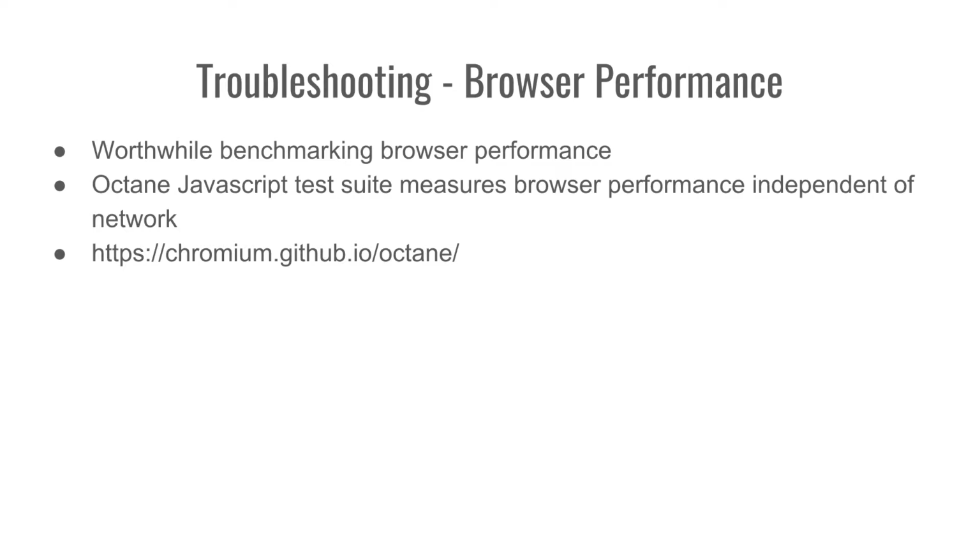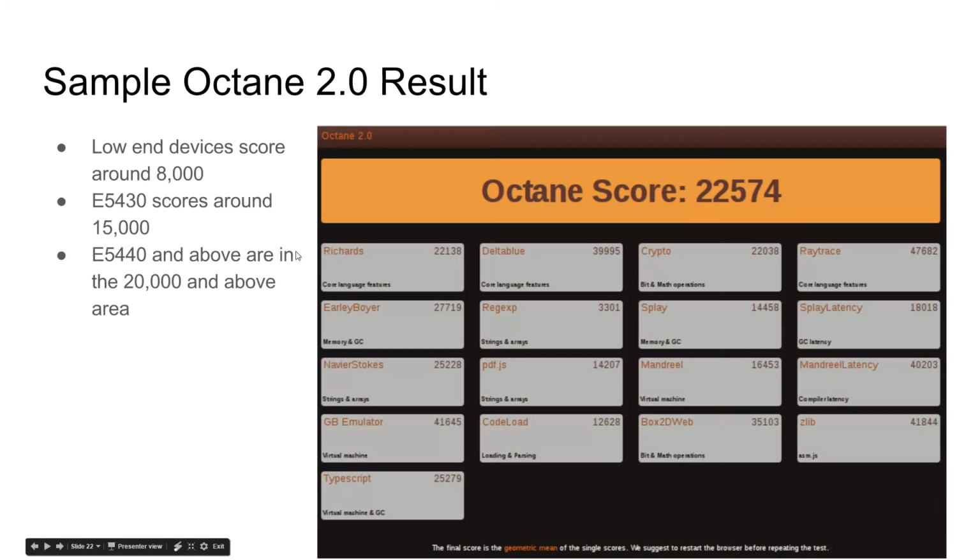So if you've got the link here, and if we go to the next screenshot, you get a page which has a start button on it, and you click start, and it runs through a whole series of tests, and you get a score for each of those tests. And if you look in the second row, second from the right, you'll see regexp, which is the one that you get the lowest score on, and you get an average score, geometric mean, and